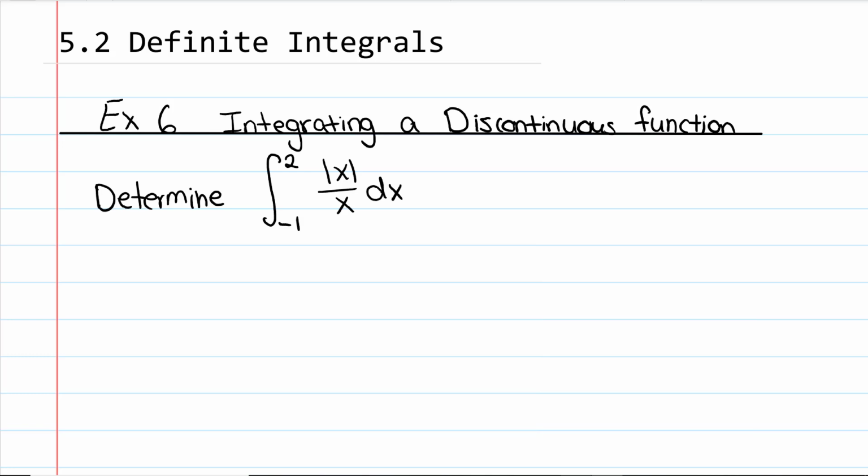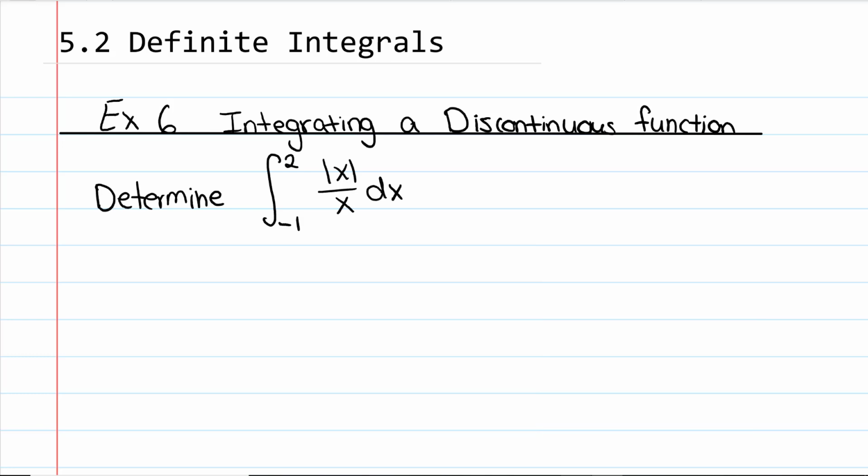Example 6. Integrating a discontinuous function. So in the previous examples, we've always looked at continuous functions so the area was not split up. In this example, we're going to look at what happens to a function if it's discontinuous at a point. So we want to determine the integral from -1 to 2 of the absolute value of x divided by x